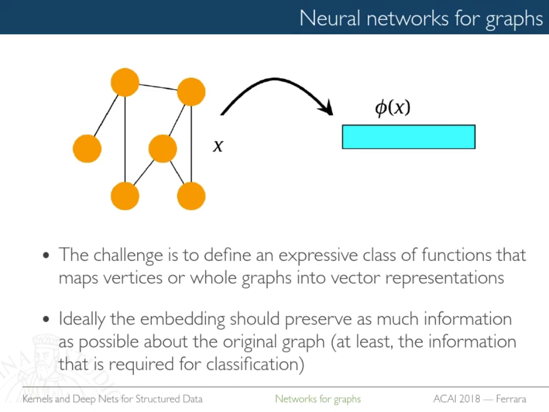So you could do that in some unsupervised fashion, right? What could it be? You could use some autoencoders, for example. Try to encode the graph and decode to reproduce the graph itself, and that will give you a representation of the graph.